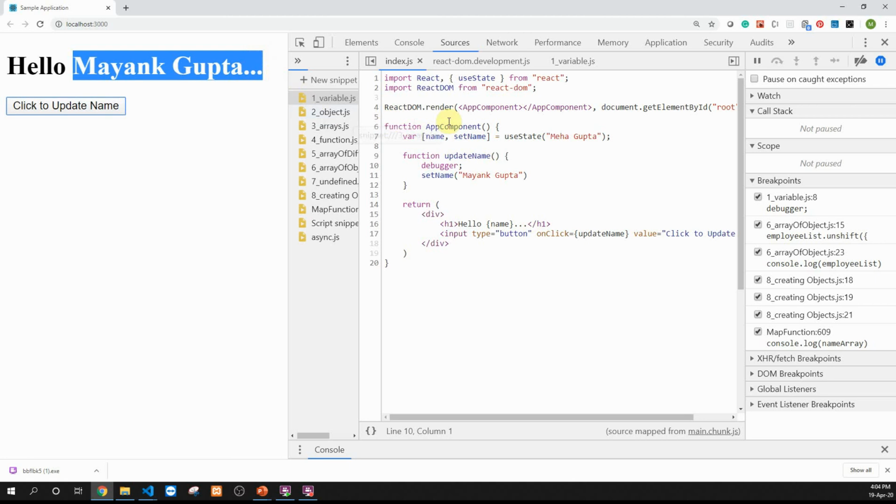We are able to create state-based components using functions instead of what we used to do, which were classes. Again, hooks is a big domain. What we have covered over here is just an introduction of how to use the state variables. So we just created a single state variable and then tried to re-render the component every time the value changed from one to another. So that's it for the introduction to React hooks.